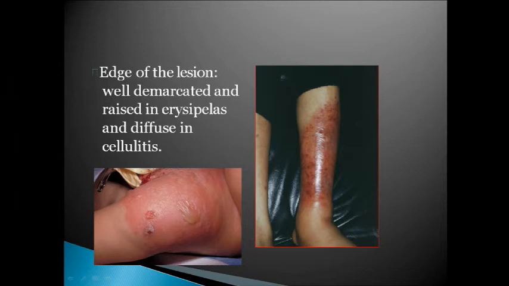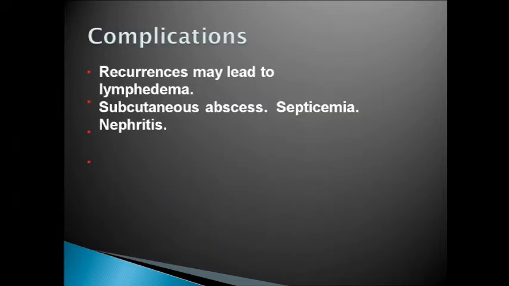Now the difference between cellulitis and erysipelas is, in erysipelas the lesion margin is well demarcated. Here we can see. Whereas in cellulitis, because of the involvement of the deeper layer of the skin, the margin is not very clear. Whereas we can see here erysipelas. So erysipelas is a little bit superficial, whereas in cases of cellulitis, the lesion is much deeper, involving the subcutaneous tissue.